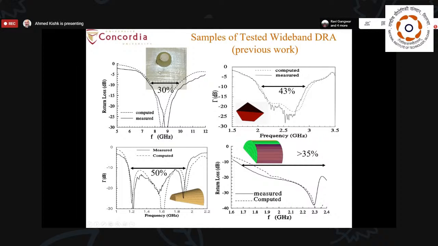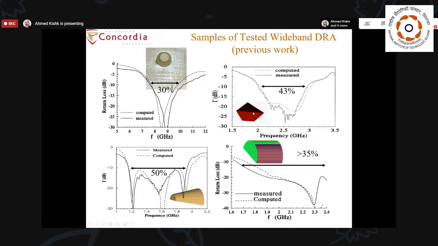And at that time, we have done this experimentally. And by the way, this was just dielectric constant of 4, and this is dielectric constant of 2.2, and this is dielectric constant of 10, and they resonate nicely and they give us bandwidth of about 30%. But if I change the geometry to be a triangle cross section but tetrahedron form,